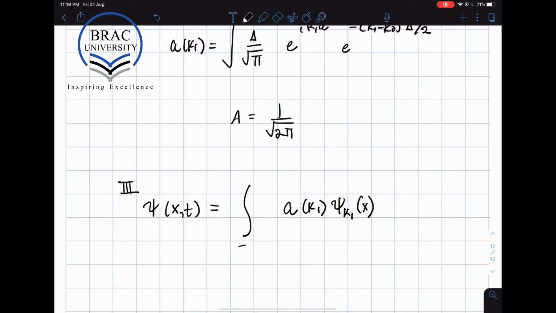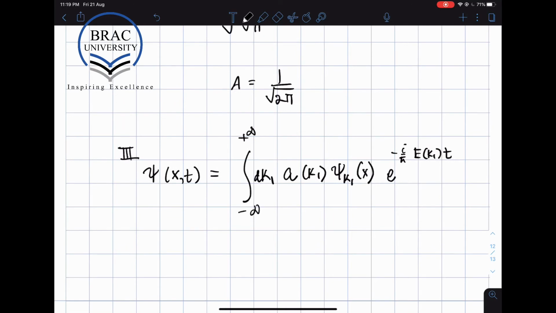But now we have a time dependence, and that time dependence is given by the usual exponential factor. And just remember that the exponential factor e is a function of k1. The energy is a function of k1. We can expand out our ak, and then what we will have is some normalization factors, delta by square root